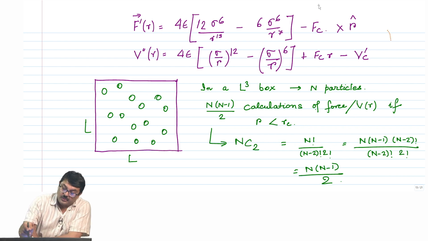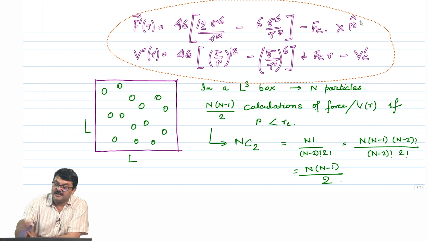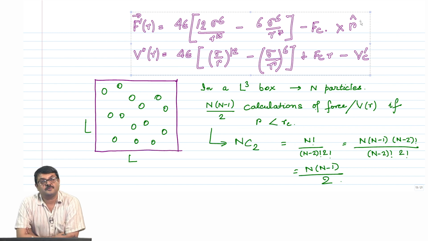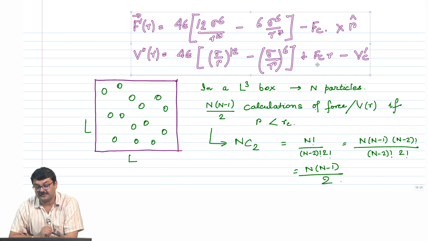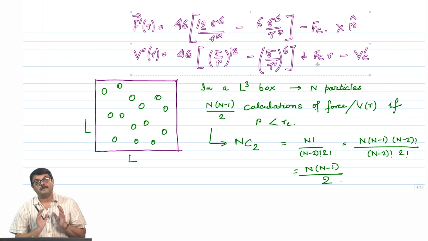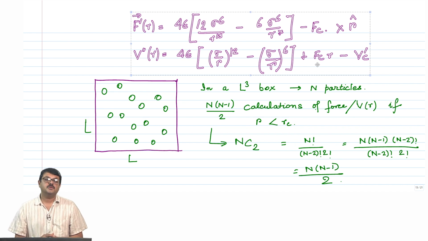So, these are the two finally operating expressions for the force F dash r and V double dash r. Here you have F c, and now if you calculate the force and make the particles move around by these two expressions of the force and the potential, you would see that there is no discontinuity, the energy is perfectly conserved, there are no random unphysical kicks which appear